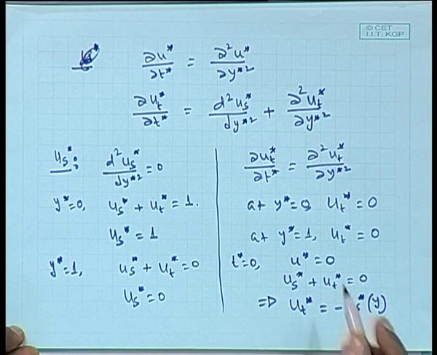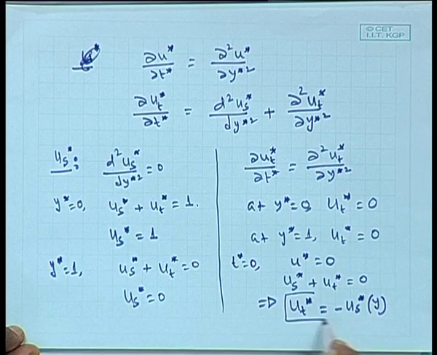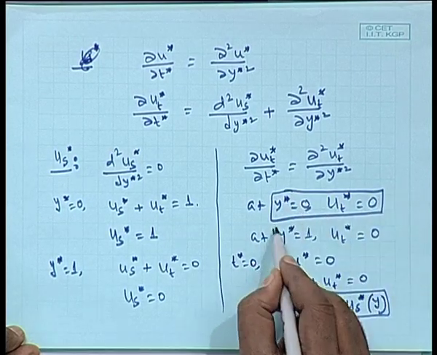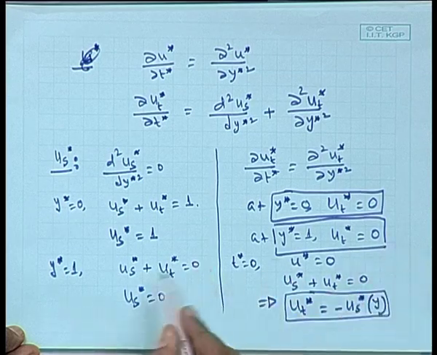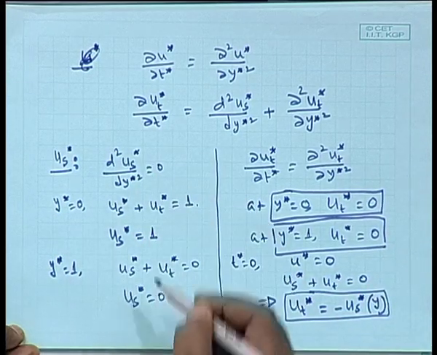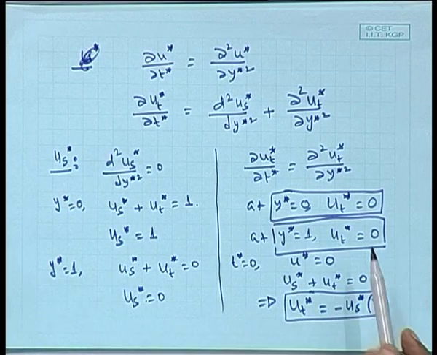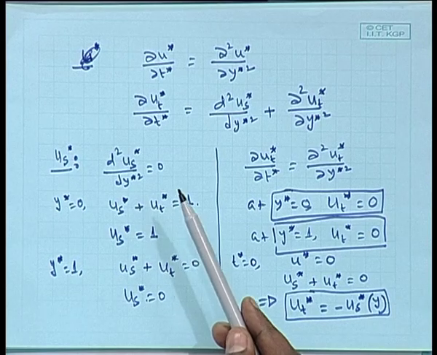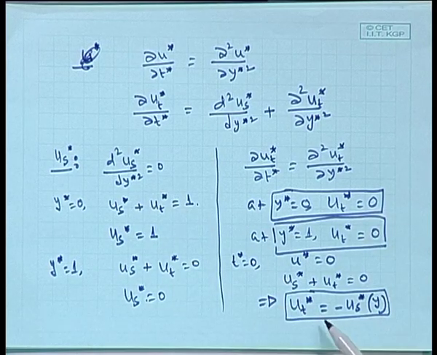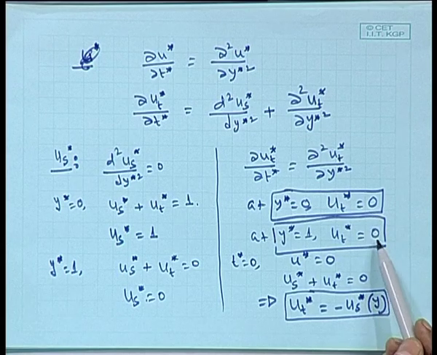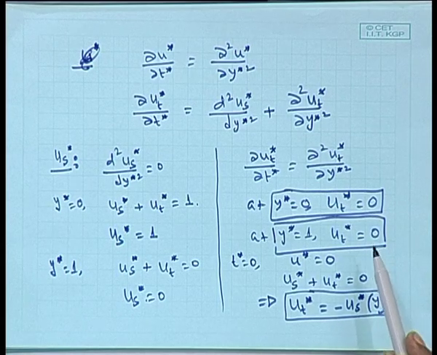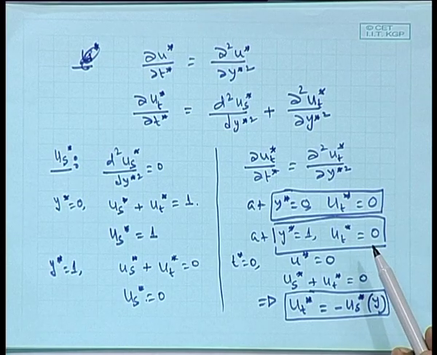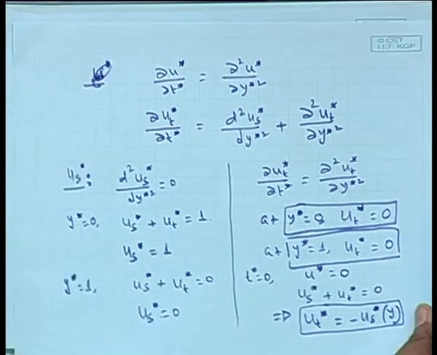So, in this way you select your initial condition and you formulate your boundary condition. This is the boundary condition for this part, this is the boundary condition for this part. So, now you see for this problem, there is absolutely no problem, you can solve analytically, and here you will be having a non-zero initial condition and homogeneous boundary condition. So, this is a suitable candidate for applying separation of variable. Okay. Now, let us solve the first part.